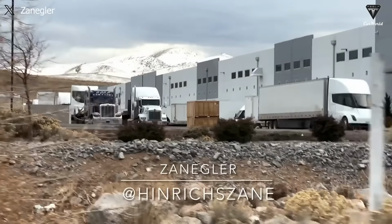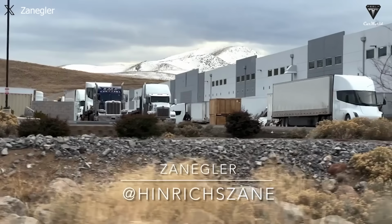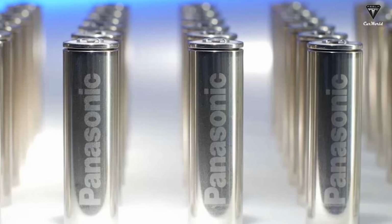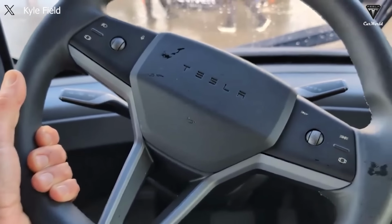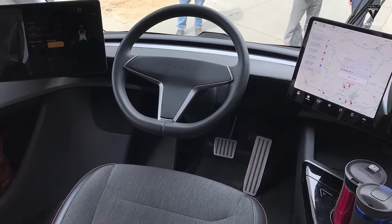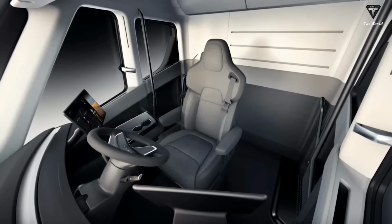What's even more surprising is when he revealed that Tesla currently assembles at least the Plaid motors, accompanying inverters, world-leading temperature pumps, battery packs, possibly 2170 cells supplied by Panasonic or LG, and 2 screens that we are familiar with in every Tesla. And of course, in the Semi, there's 2 screens. Tesla may assemble wiring harnesses, seats, steering wheels, and some other parts, while all the rest rely on suppliers in the supply chain,